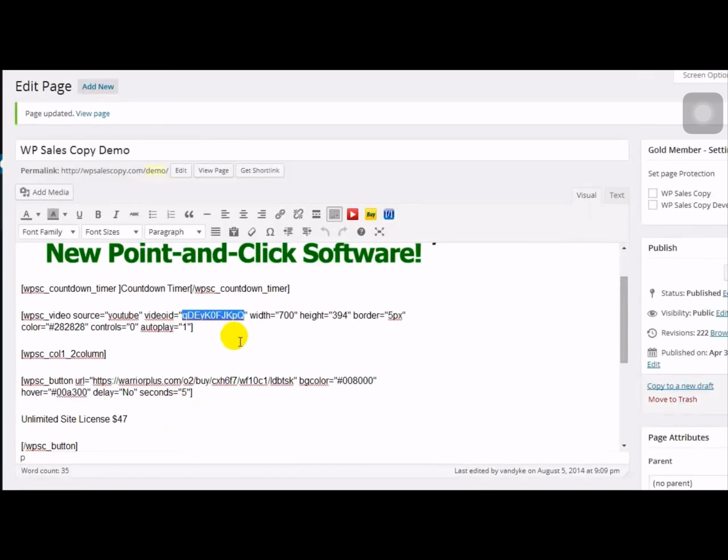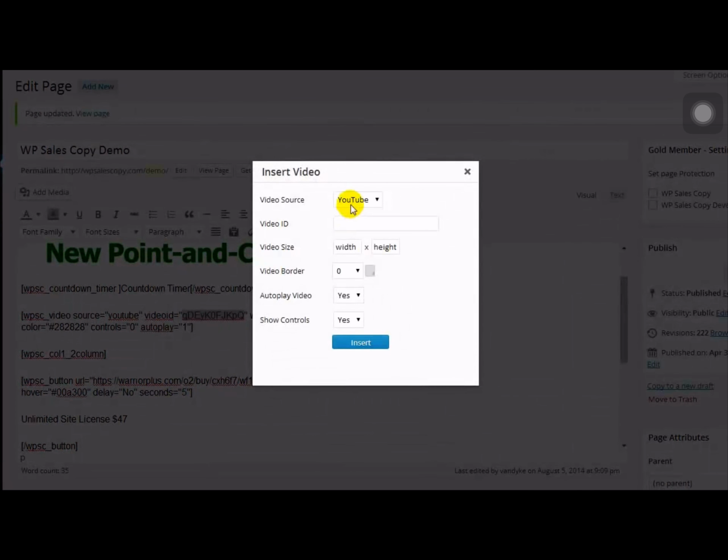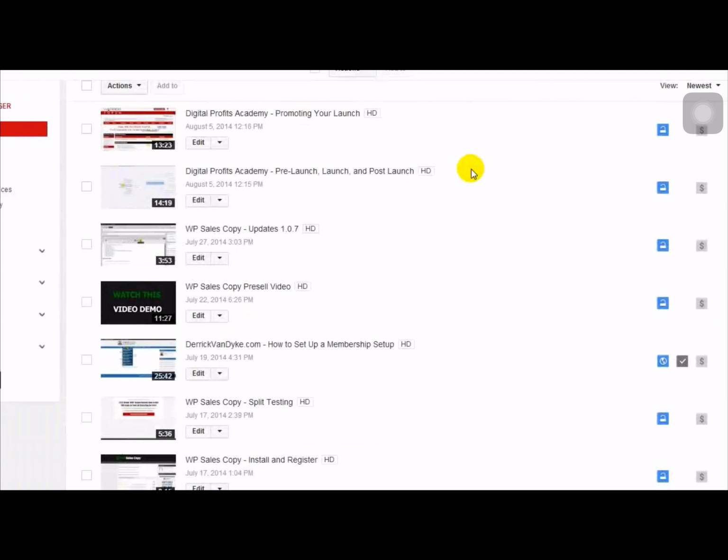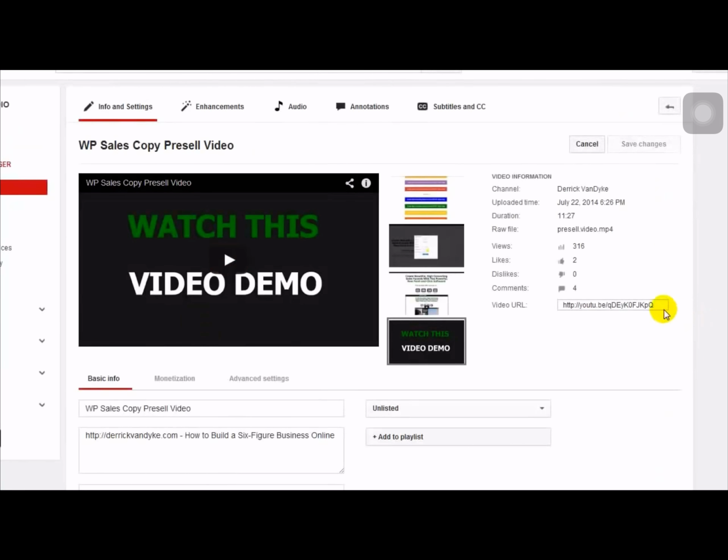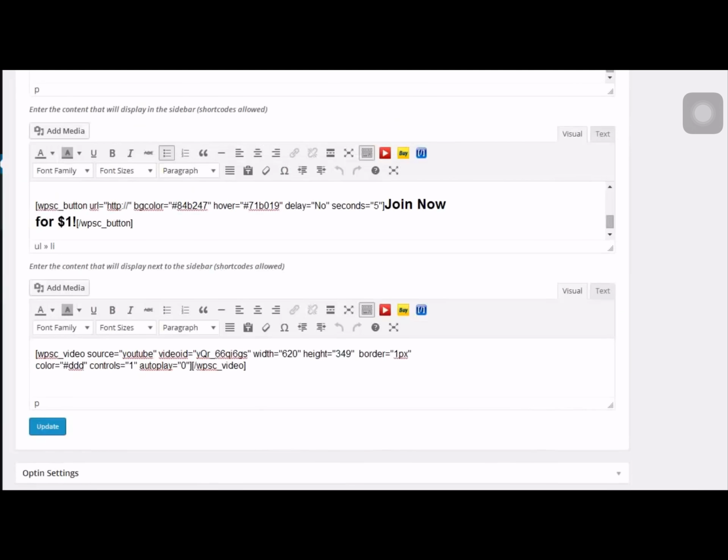To add a video, we simply need a video ID from YouTube, Vimeo, Viddler, and Wistia. To get the video ID, just view it or edit, and it's the last part of the URL to watch. So I just highlight that, copy it, go back to my sales page,